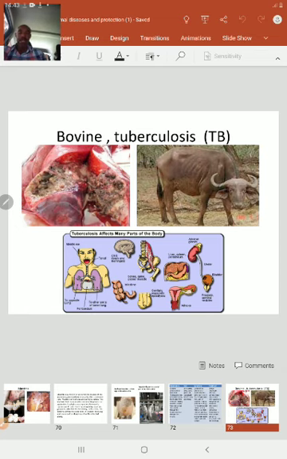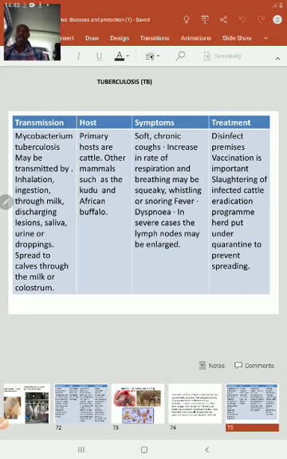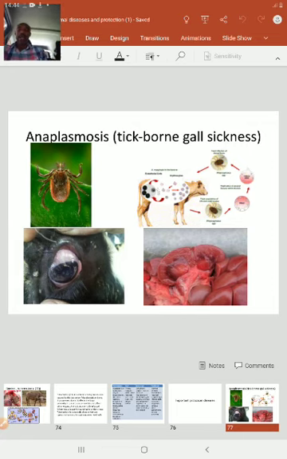Tuberculosis, you can see there, we know TB. TB is also chronic and is contagious. It's a bacterial disease. It may be transmitted by inhalation, or ingestion through milk when you drink milk of a cow with TB, and it affects all cattle. And symptoms, it's the coughs, chronic coughs, and increase in respiratory rate. And you must disinfect and vaccinate and kill the infected animals. The protozoal diseases,